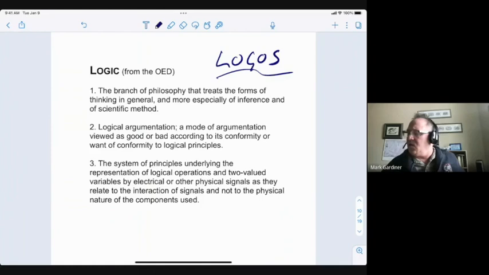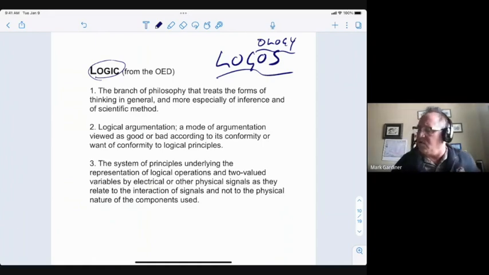It's the origin of our suffix -ology, like in biology and zoology and psychology, which generally signifies the study of. But at its base, logos, logic, is captured quite nicely, I think, in these snippets that I've taken from the Oxford English Dictionary. So, three particular aspects of the definition that I want to draw our attention to.